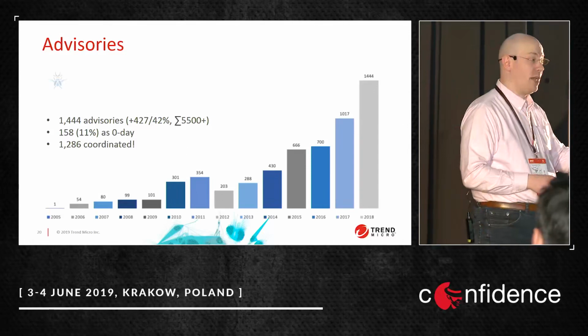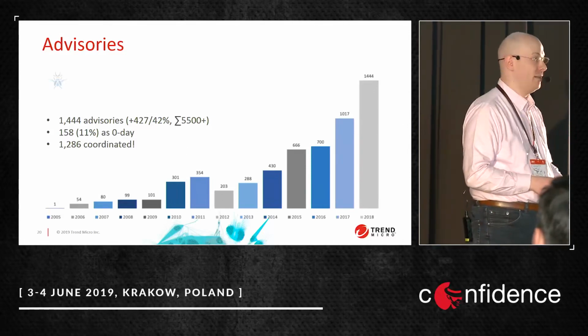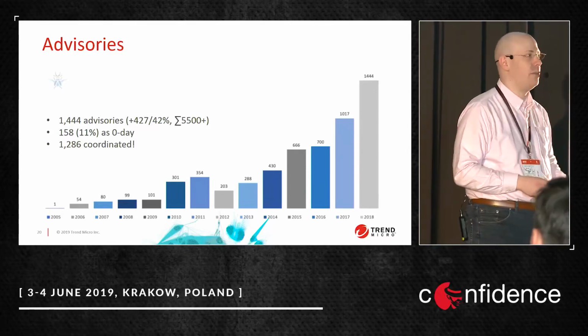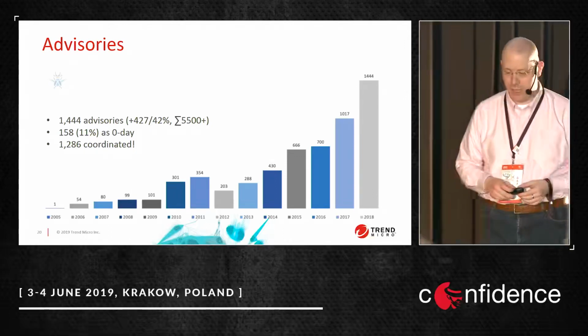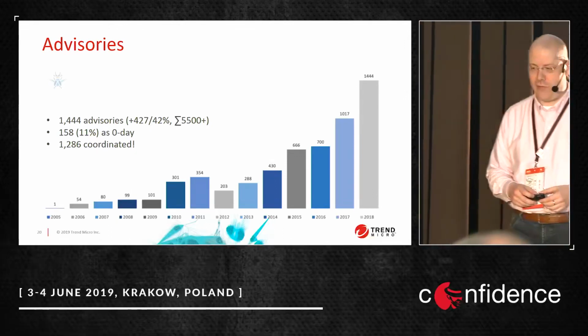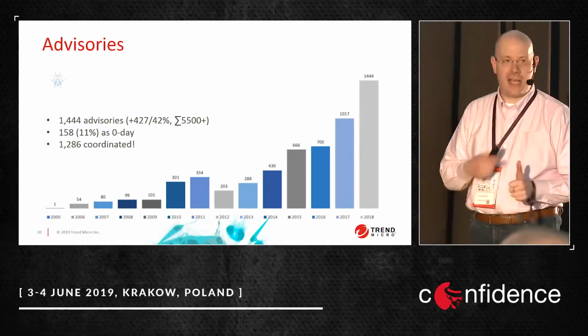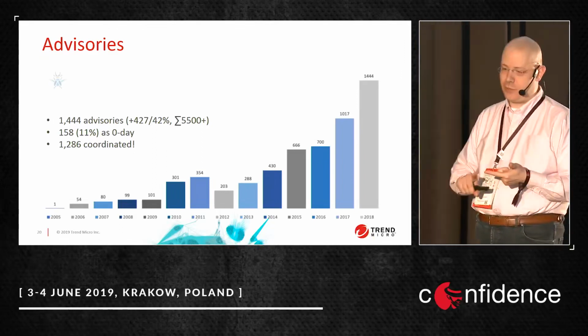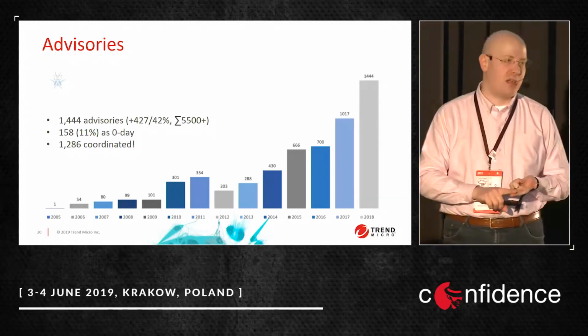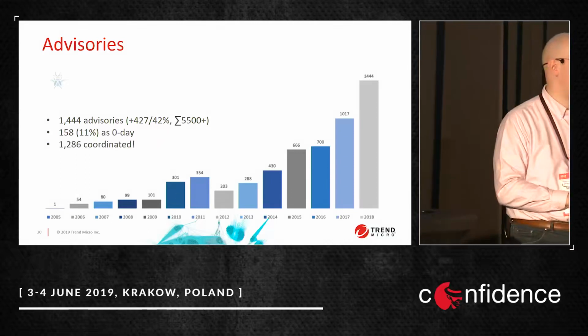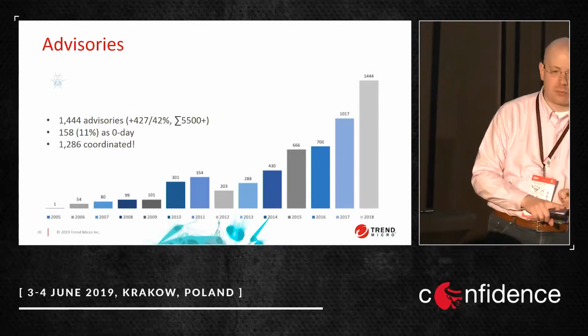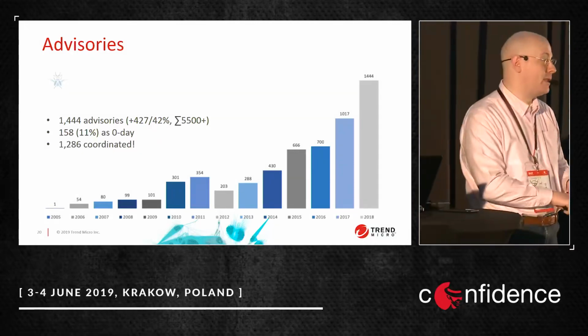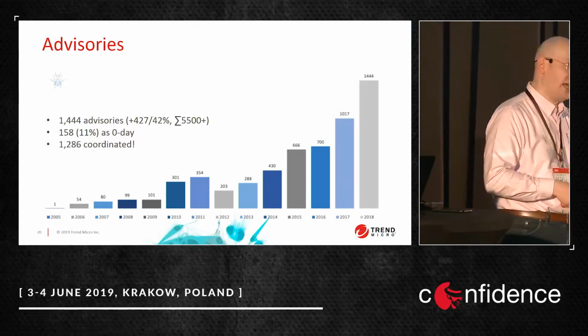That's something that we're going to tell the vendor as well. If you don't react, we will release that vulnerability. And 158 of those were released without the vendor either giving any kind of response or trying to sue us, which, by the way, it's kind of funny. We like being sued because we didn't lose a single case up to now. So if you don't want to risk getting sued, just tell us, and we like getting sued.